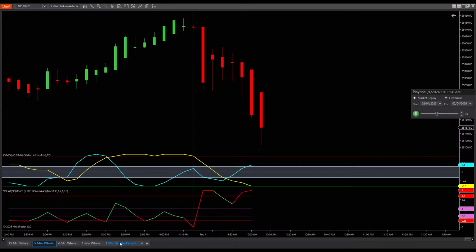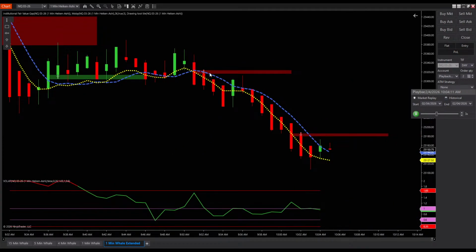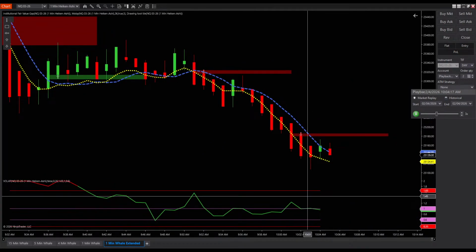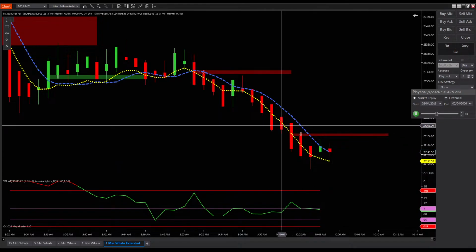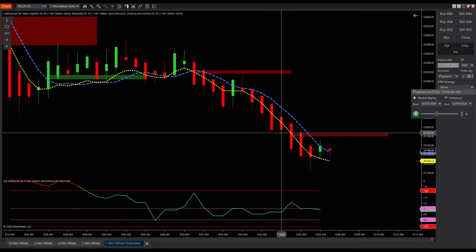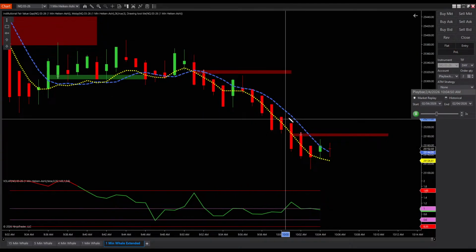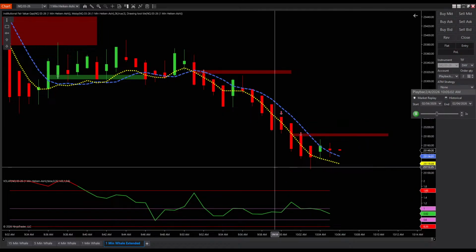See how that would have looked on the 1 minute time frame? Your 10 a.m. trade on that 1 minute time frame would have been right about right there. That would have been the 10 a.m. candle right there. So here's something else while we wait for the rotation to complete itself.